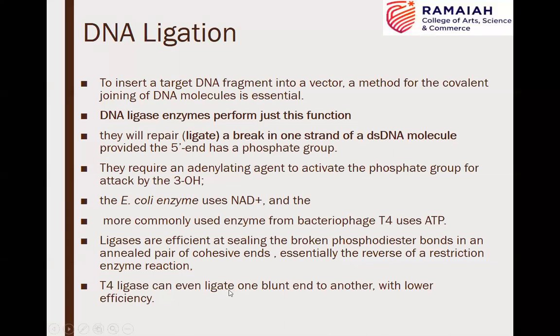So in the previous point, what we tried to explain is that in general, the ligases are efficient in joining the cohesive ends, but T4 ligase can also ligate the blunt-ended fragments, but obviously with low efficiency. Whereas the DNA ligase from E. coli cannot even join the blunt-ended fragments. It's only T4 DNA ligase that can join even the blunt-ended fragments, but of course with low efficiency. The efficiency of the ligase is very, very high when it comes to the joining of the cohesive ends. I hope you are able to follow.